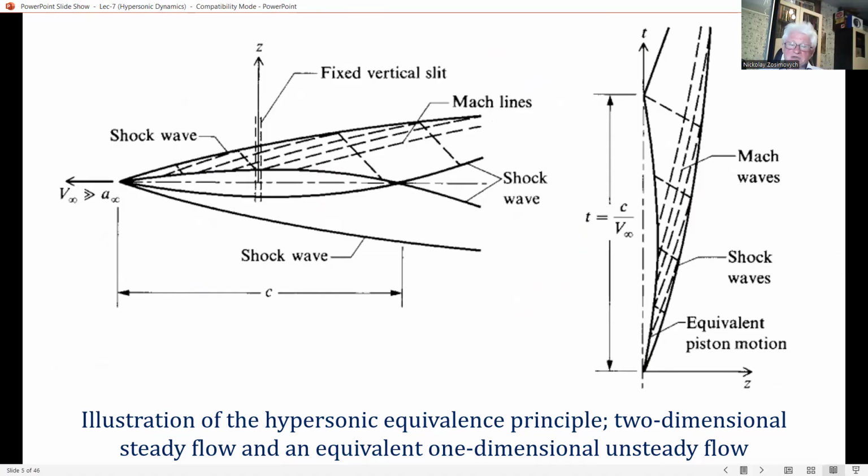The resulting unsteady shock and Mach waves are shown in the z-t wave diagram on the right side of this slide. These waves are directly equivalent to the steady shock and Mach waves over the airfoil on the left side of this figure. So where again we have x equal